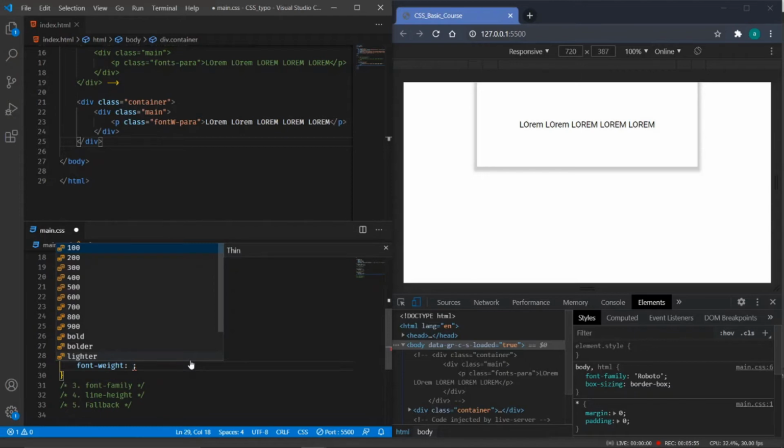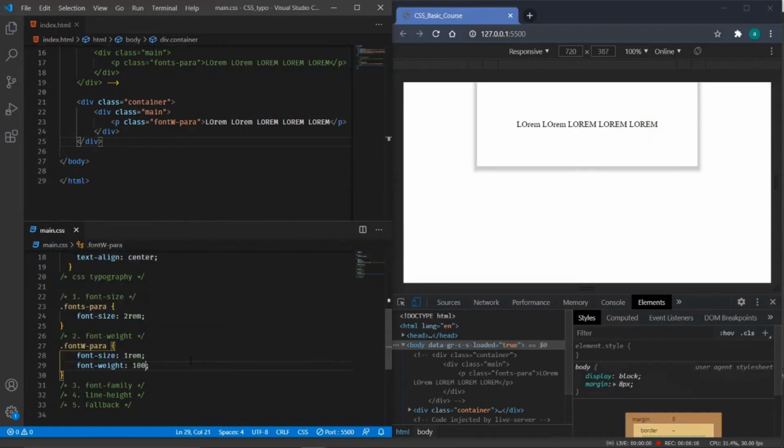So we can apply 300, 400. By default the value is 400; whenever we see a normal font, it has a default weight of 400. If the value is 900, then it is much bolder. If the value is 100, then it is lighter. As you can see, it is getting lighter.